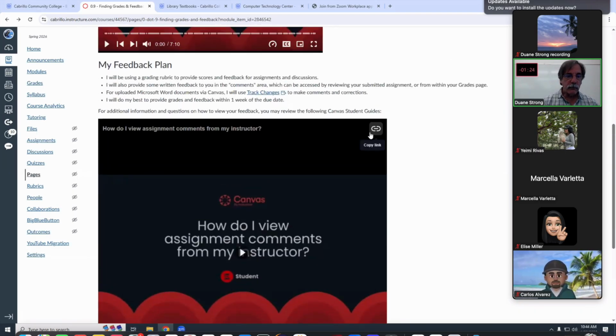So how do you get feedback from me? We talked about this some ways. Every assignment has a rubric on it at the bottom that tells you how I'm scoring it, so you can look at that if there's questions. I will almost always give you feedback on your assignments in the little comments thing, which you will see by reviewing your submitted assignments in the next video. I am going to play that one.